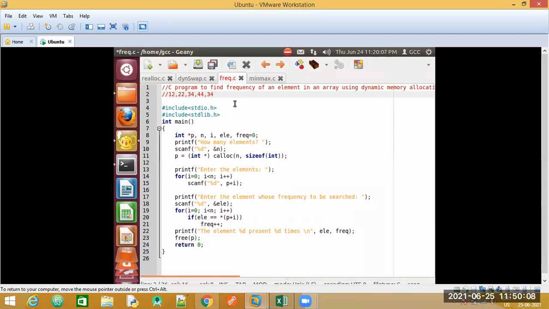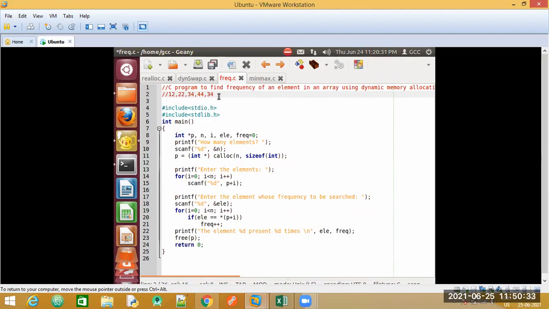I will ask the user, tell me which number has been repeated how many times. So if the user enters the number 34, 34 has been repeated how many times here? It is repeated twice. So we are trying to find the frequency of an element which has been repeated.